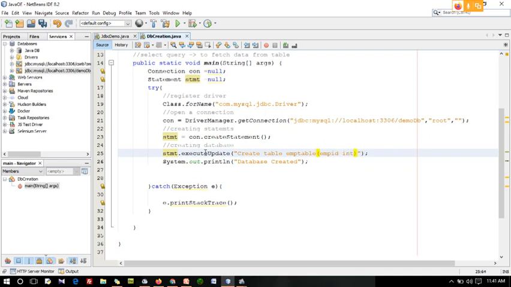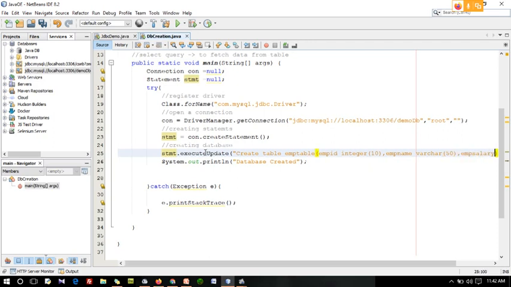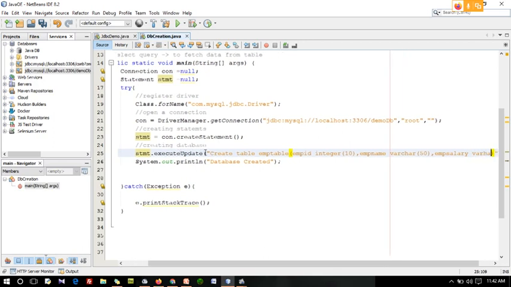I'm just going to fix this as integer, of size 5 or 10 is enough, and emp name is varchar. In this varchar I'm just going to fix the size 50, and then emp salary.